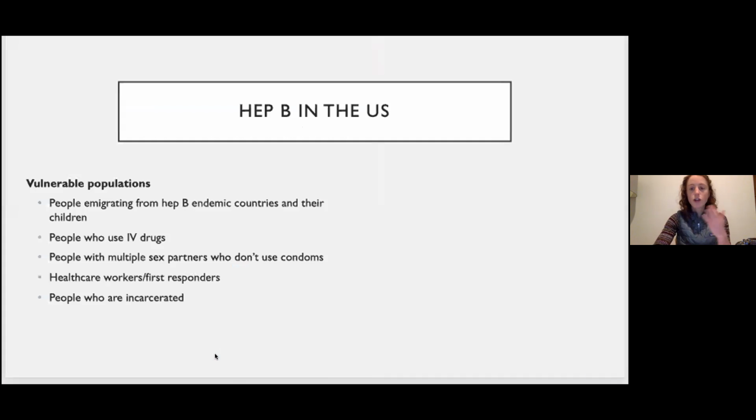Okay, so talking about Hep B in the United States, and knowing those modes of transmission, the vulnerable populations are people emigrating from Hep B endemic countries and their children, people who use IV drugs, people with multiple sex partners who don't use condoms, healthcare workers or first responders, and people who are incarcerated. And that is really people who are at risk of being exposed to Hep B. But as we just discussed,